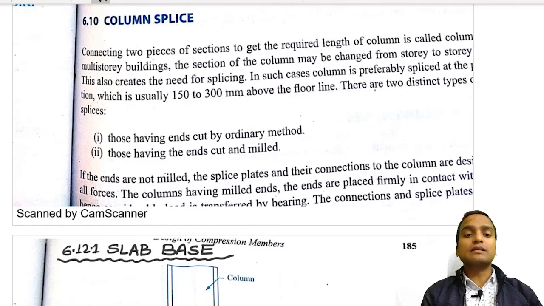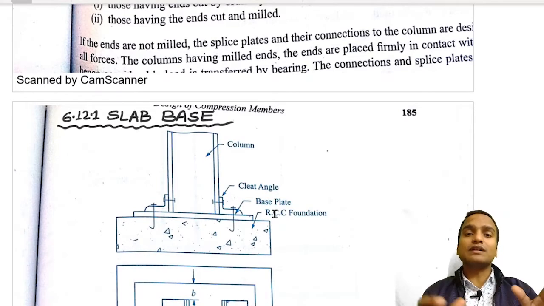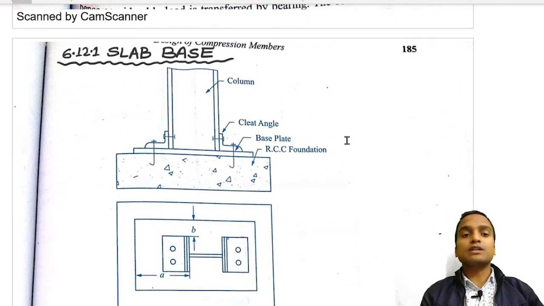And then comes the base of these compression members, because when these columns transfer the entire loads of the structure, then it has to be placed on footings. But in steel structures, we don't create footings here, we create a base. So there are two types of base of columns, and one is the slab base and the other is the gusseted base. So what is the function of these bases of the columns is that they transfer the entire compressive load as well as the load coming from the structure to the RCC foundations, alright.